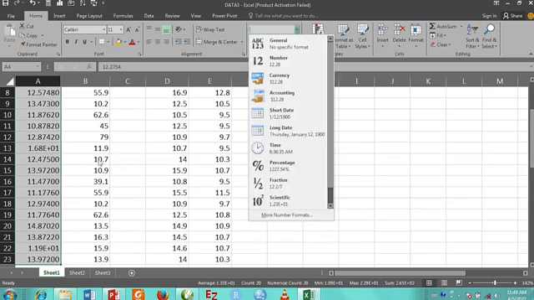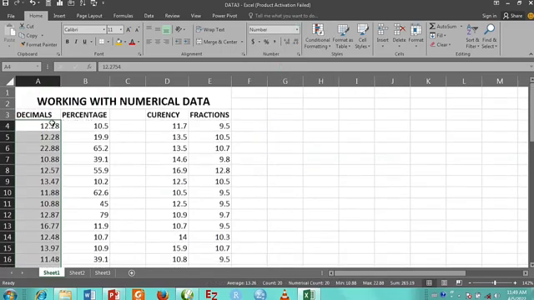Now I'd like to bring to your attention that some numerical data here are in the form of scientific notation, while some are in the form of decimals. So this is in the form of scientific notation, this is in the form of scientific notation, and we want to represent these data in the form of number. So after highlighting, clicking on the Home tab, and clicking on the drop down, we'll click on number. So you see every single numerical data under decimal begins to reflect in the form of decimal,